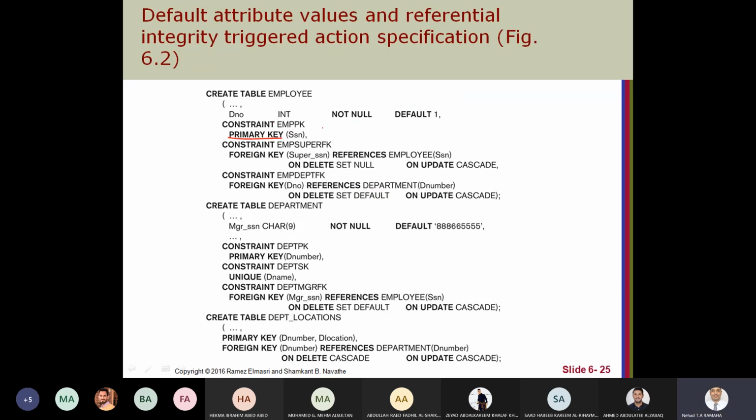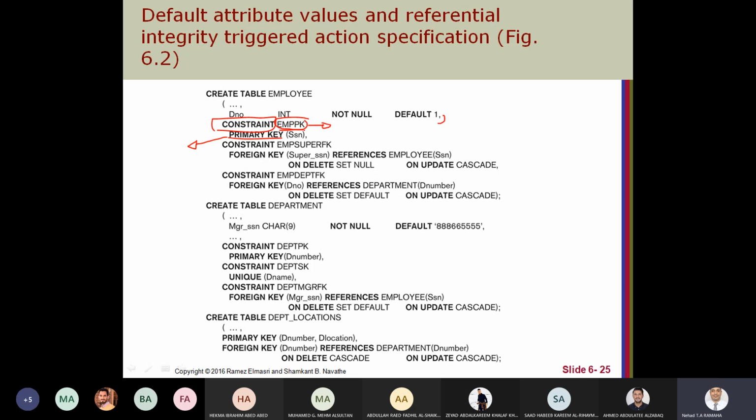If you see here, we have this comma and we have the constraint keyword and we give a name for the constraint, any name you want. This means for the primary key constraint here, we give the name EMP PK, or primary key. You can choose any name, but it's better to choose a meaningful one.